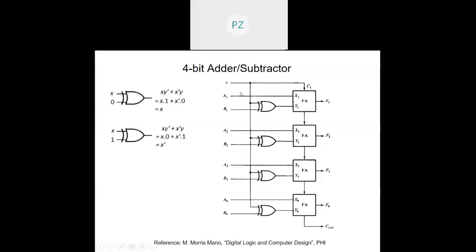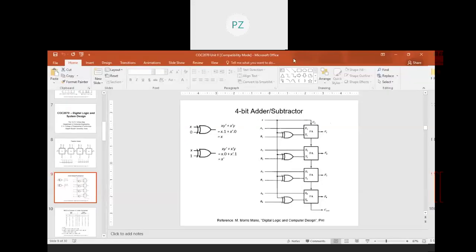So this is a full adder. It will give me A plus B bar, and also this carry one, so I'll get A plus B bar plus 1. And what does B bar plus 1 mean? It means 2's complement of B. And whenever I do A plus 2's complement of B, that is equivalent to A minus B, right? That is equivalent to A minus B.